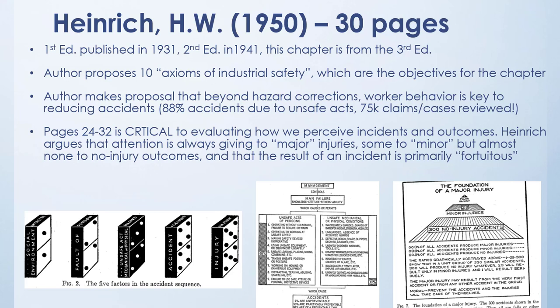And he felt that 88% were primarily due to unsafe acts of the people, about 10% from unsafe mechanical or physical conditions, and then 2% were just completely unpreventable. I believe he calls them acts of God. That's what he had said. They couldn't be prevented. So this was interesting, but what he didn't know back then, because it hadn't been introduced yet, was the